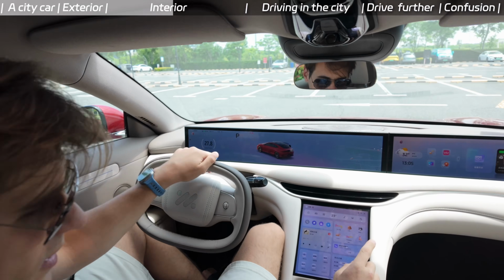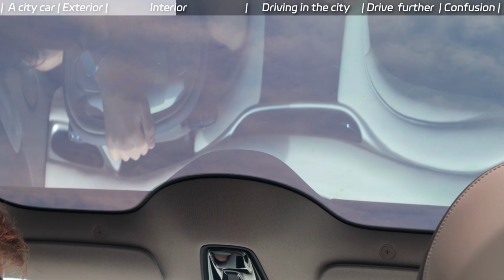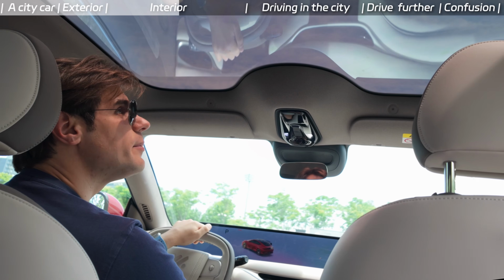And that's all I need. One more thing, what I really, really love. Look, I click the button. I have 1 second or less to make the glass transparent and then close it again. This is the fastest thing I have ever seen in cars. It takes about a second